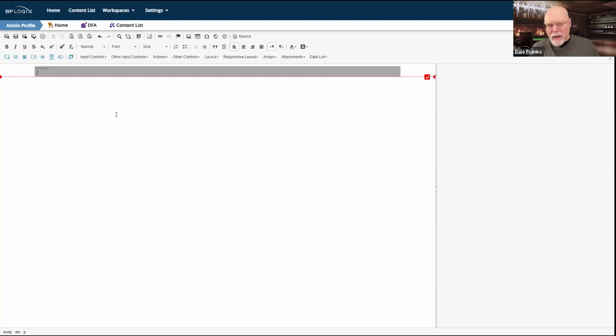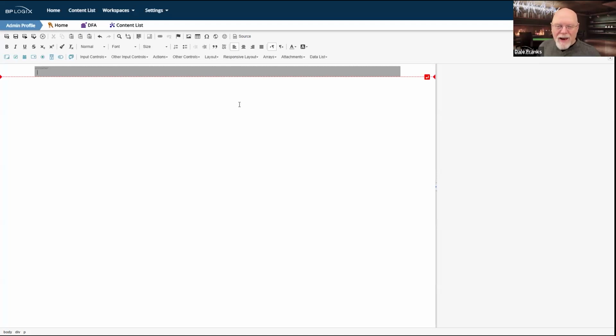Now, I have a form that is complete. We're actually going to go through and take a look at some different types of implementations. So we're not going to get super in depth in building a responsive layout form. I have one built. We'll take a look at that in a few minutes. There's just a couple of things that you need to know about building your primary layout controls that you are going to use to build any sort of form. Remember, I said that the architecture is row and column based.